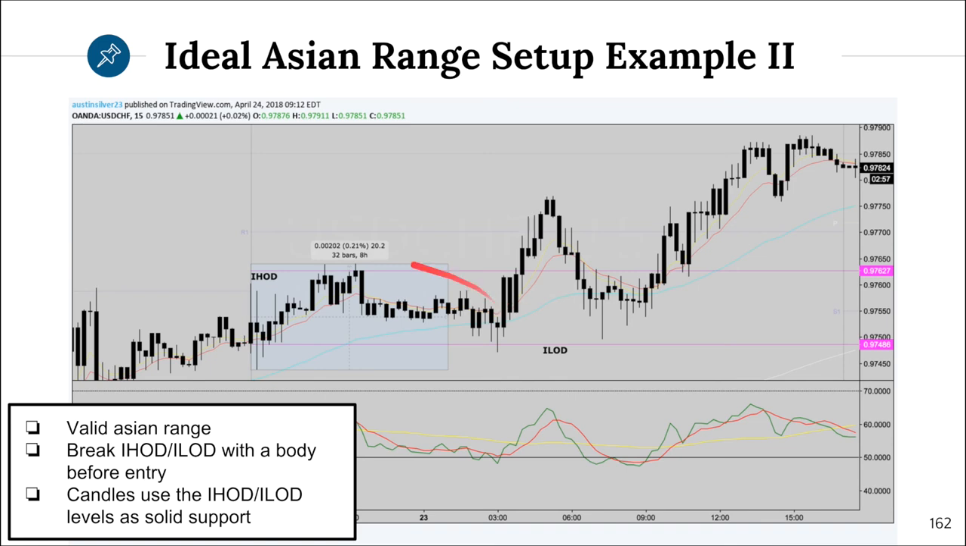Here's another example. We're looking at USD CHF. So here we're looking at a base pair. That means that it can't be more than 50 pips. And as you can see, 20.2 pips for the first 8 hours. That means we're good to go on this Asian range. Do we break the initial high or initial low with a body before we would be looking to trade? Absolutely. Breaks out to the upside right here,